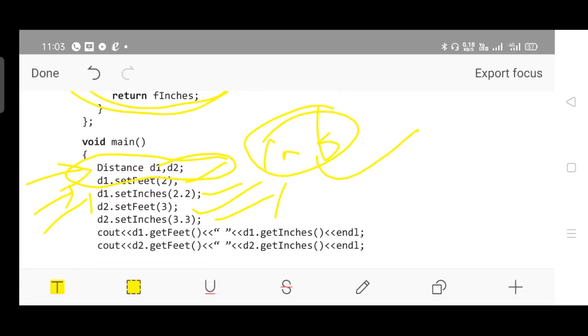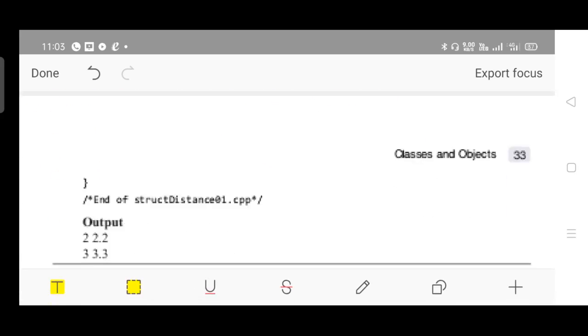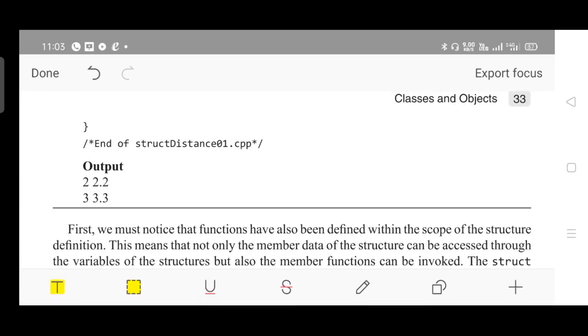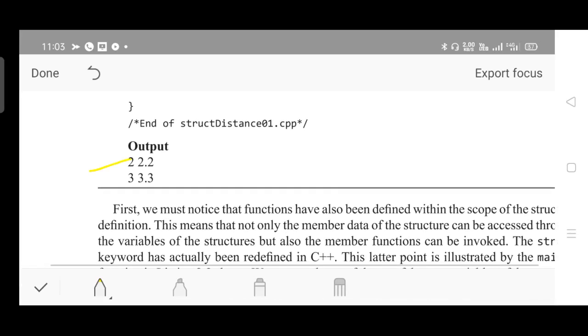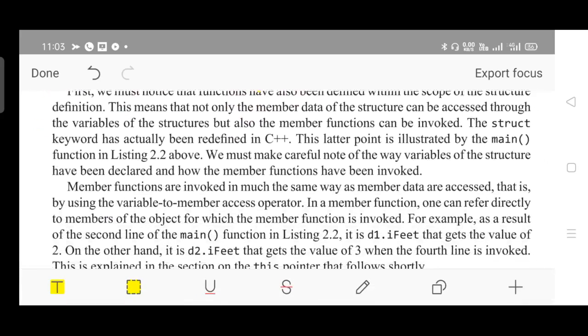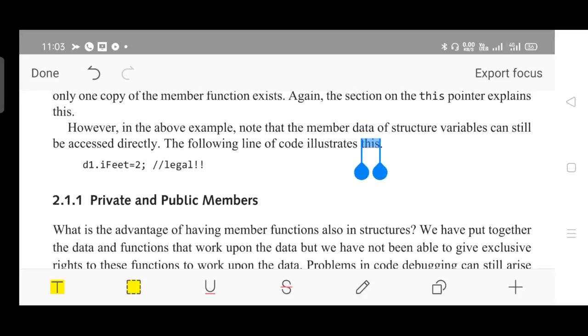Here the cout statement is used to print the values. So whatever values you have passed, the same will be printed. In one case 2 and 2.2, that is the return value from the getFeet function and the return value from the getInches function with respect to d1, and with respect to d2, the return value from getFeet and the return value from getInches with respect to d2. Fine.